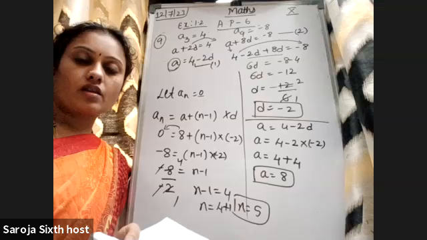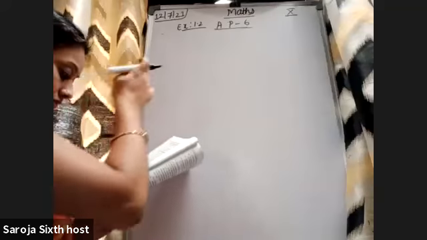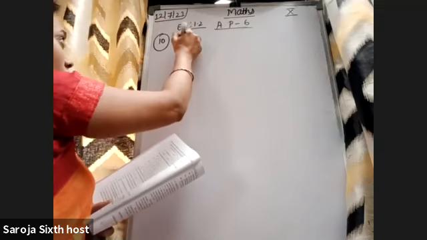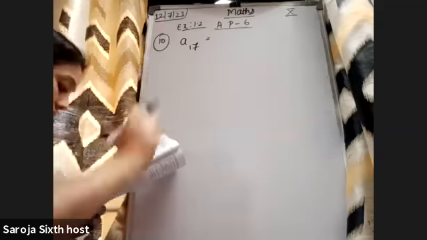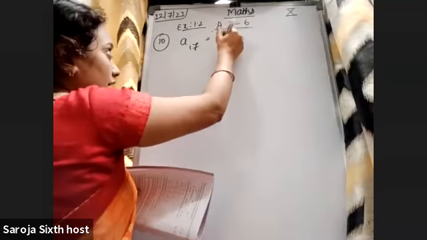Mrudula, can you tell me what is given in this? The 17th term of an AP exceeds the 10th term by 7, ma'am. Yeah, you tell me in the equation form. Ma'am, A17 is equal to A10 plus 7. Yeah, very good. So the 17th term exceeds the 10th term by 7, means A10 plus 7.